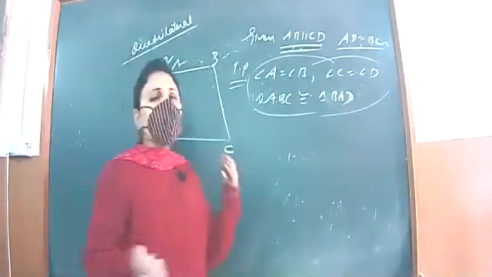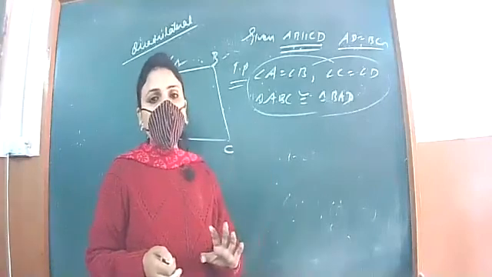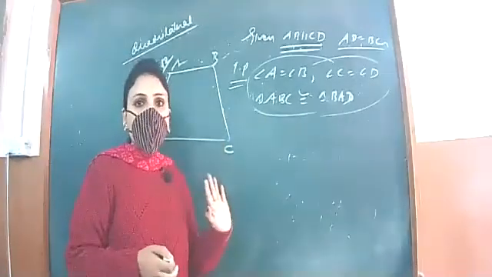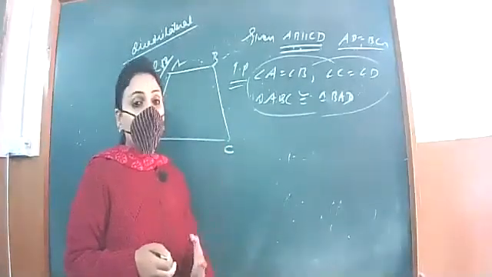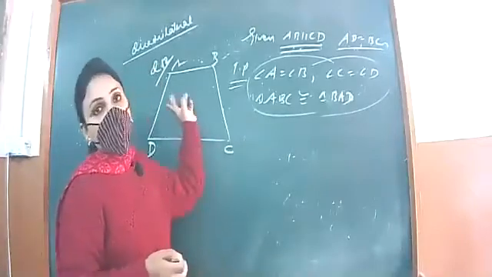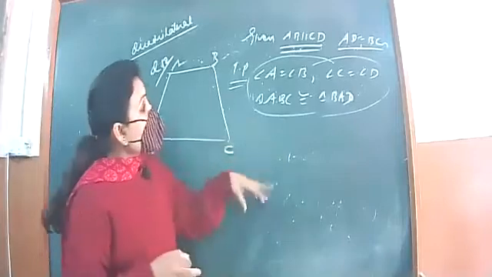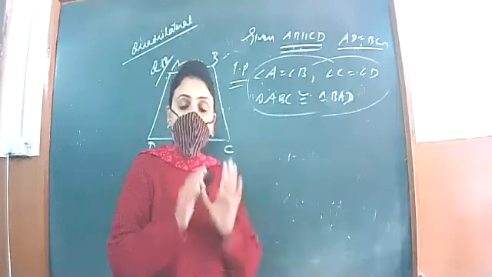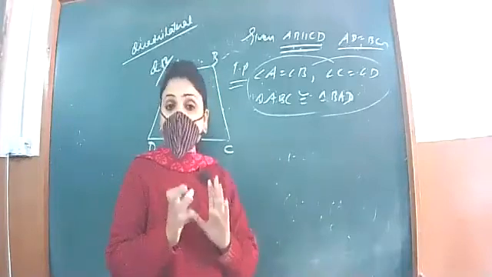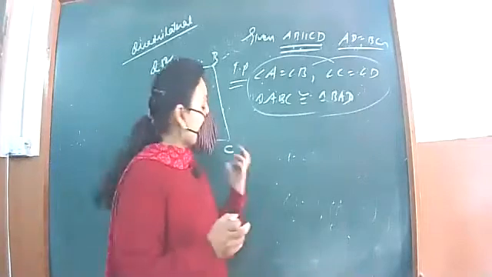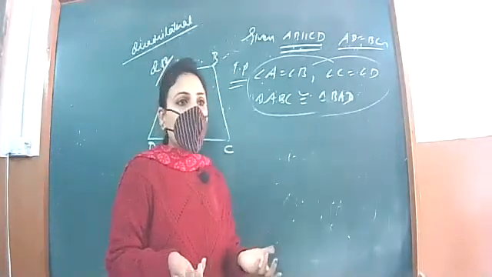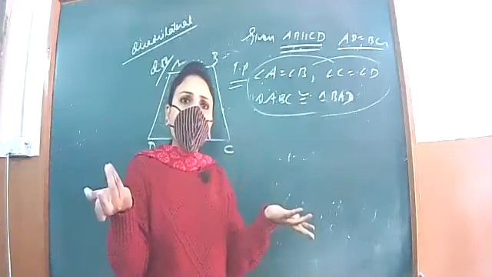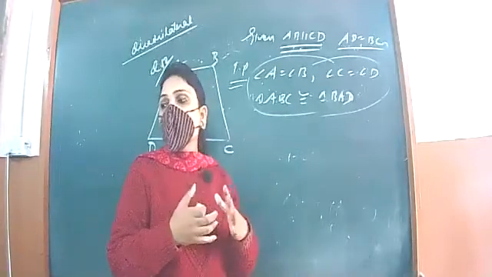When we did this question in cyclic quadrilateral, in that question also we needed to prove that the sum of opposite angles is 180 degrees. And initially we proved that these angles are equal, C equal to D, A equal to B. Similarly, here the same proof is there. We need to prove A equal to B, C equal to D. It is the same question, because to prove a cyclic quadrilateral we also proved A equal to B and C equal to D, right? So in this also we need to prove A equal to B, C equal to D. And if you know that method, why go with one more method?